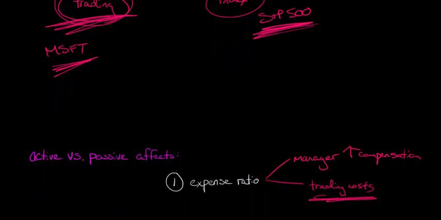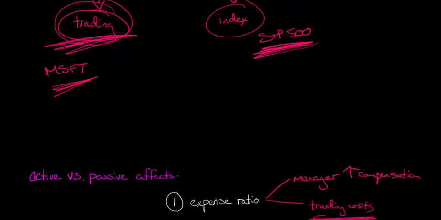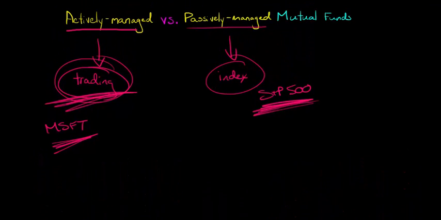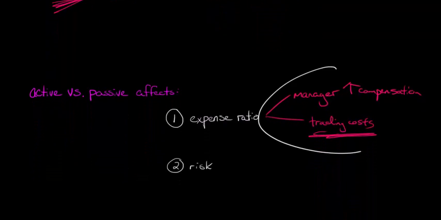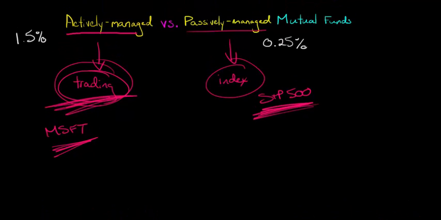So you'll end up with something where the expense ratio for an actively managed fund might be something like 1.5% or even higher, 1.5% of the assets being managed. Maybe the passively managed fund is something really low, like 0.25%. It depends on the fund, but typically it's going to be a lot lower for a passively managed fund for these reasons. But there's also an issue of risk, and historically only 20% of actively managed funds,